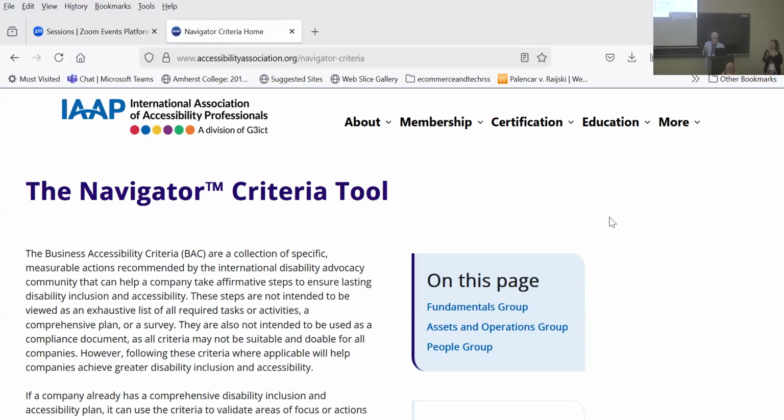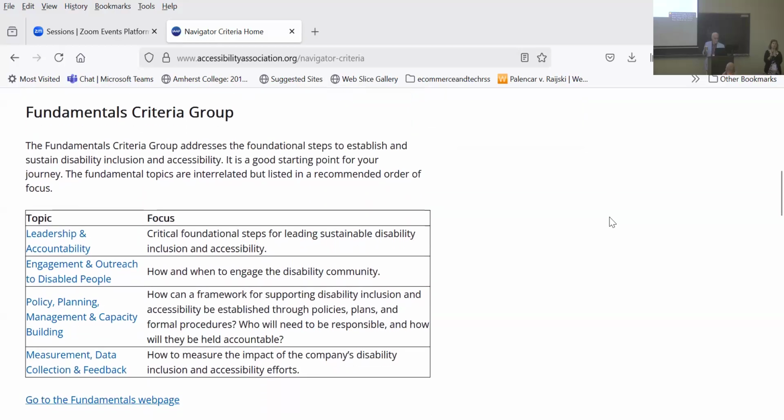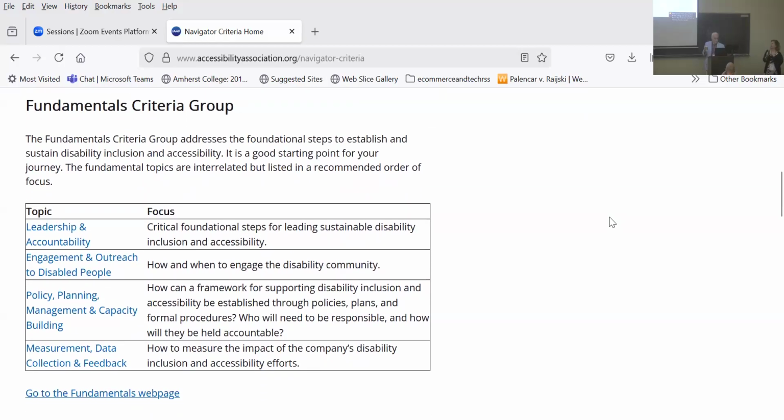The first one is what we call the fundamentals. We know, talking to businesses, if you don't have these fundamental things addressed, it is extremely difficult to sustain accessibility. So we talk about leadership, as I mentioned before, but policies are very, very important. Engagement of persons with disabilities. If you don't have those things addressed at the very beginning of your journey, then you may have a hard time to sustain it long term.